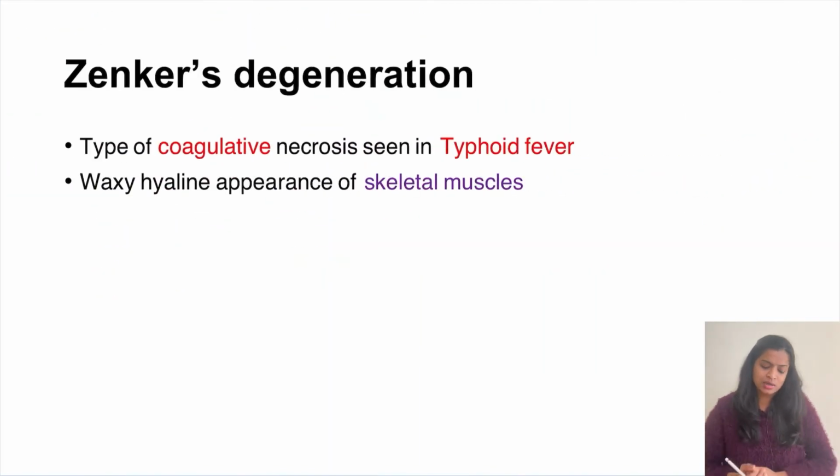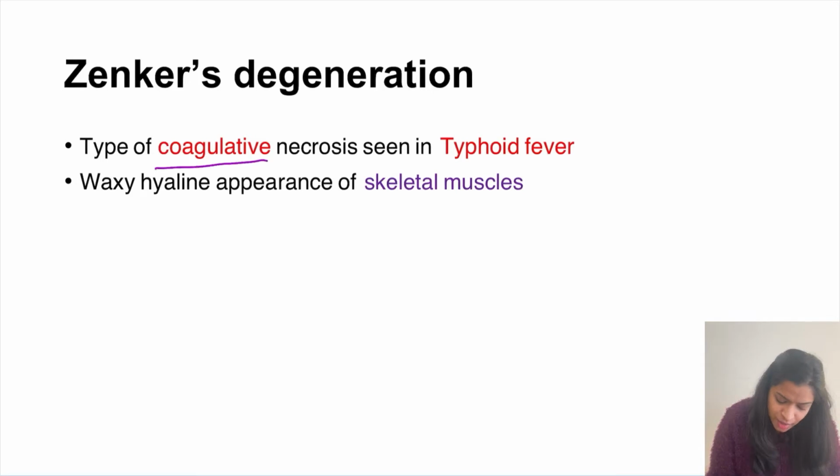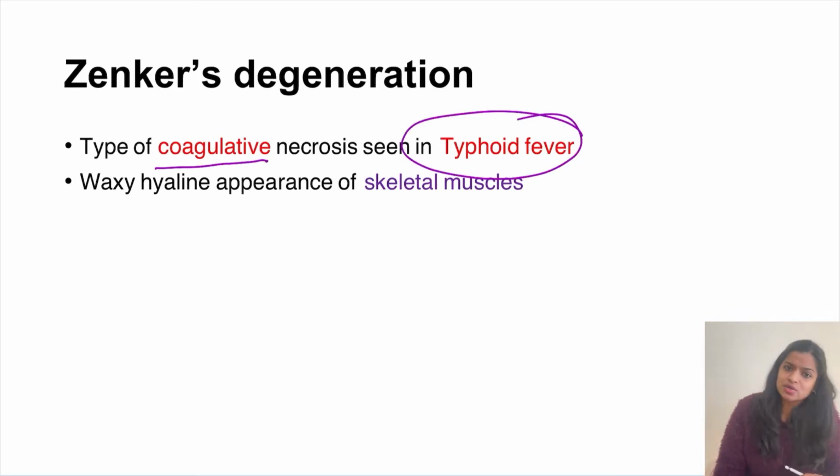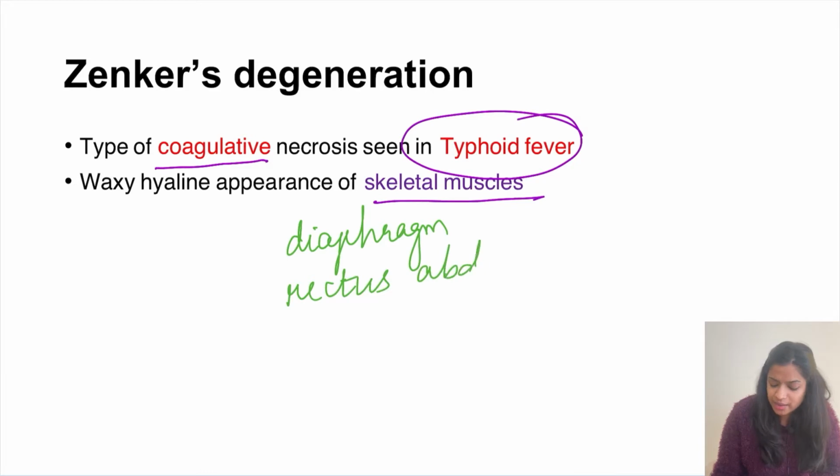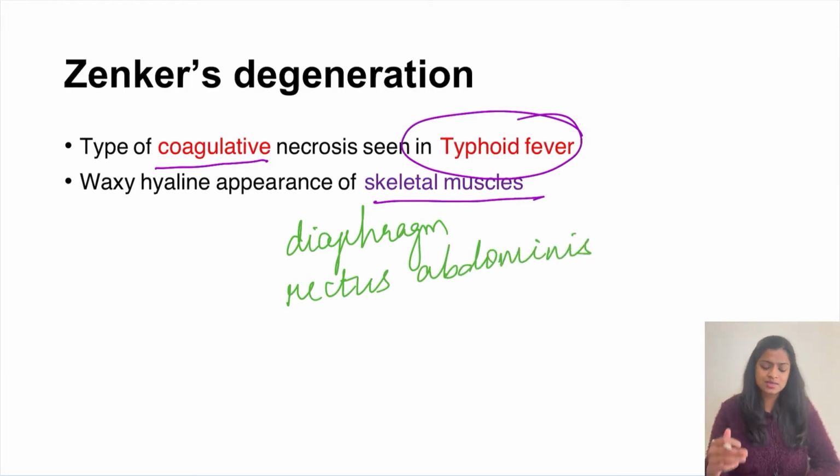So moving on to Zenker's degeneration, which is nothing but a type of coagulative necrosis, but it is seen in a special condition called typhoid fever. So in typhoid fever, this special type of coagulative necrosis is called Zenker's degeneration, and it characteristically happens in skeletal muscles, like the diaphragm and rectus abdominis. The diaphragm and rectus abdominis, the abdominal muscle, will show this type of coagulative necrosis called Zenker's degeneration,